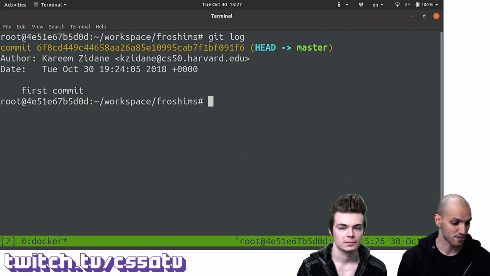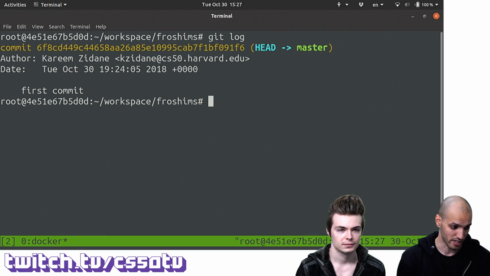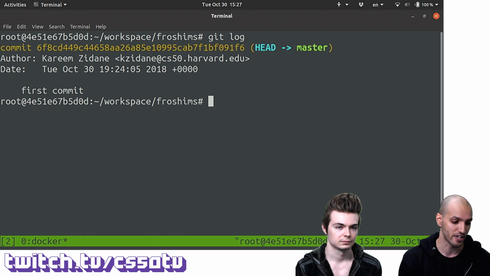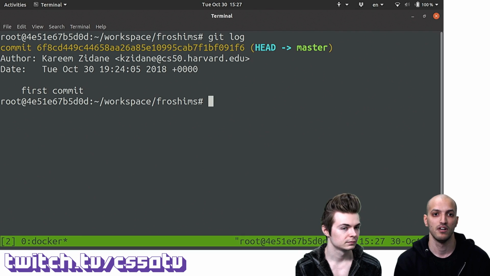So we see this first line, this weird long string. This is actually an identifier for this commit. It's a hash generated using an algorithm, I think it's SHA-1, that uniquely identifies this commit. And we can use this hash to refer to the commit later.